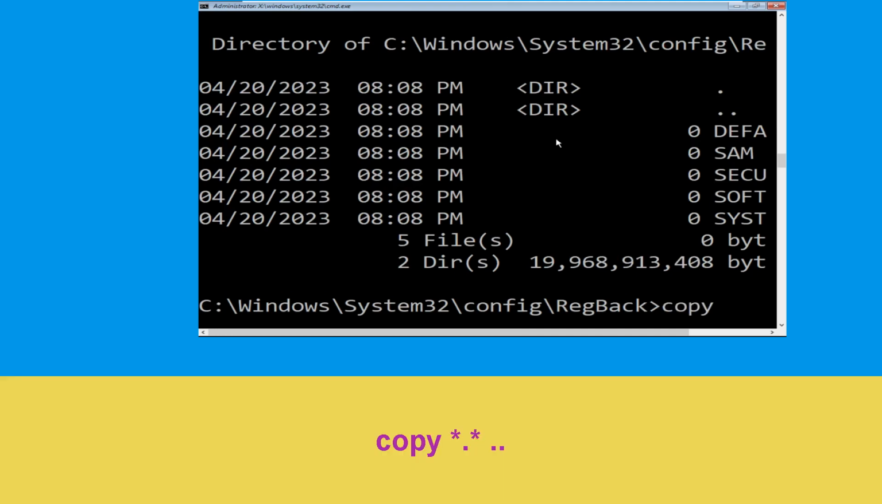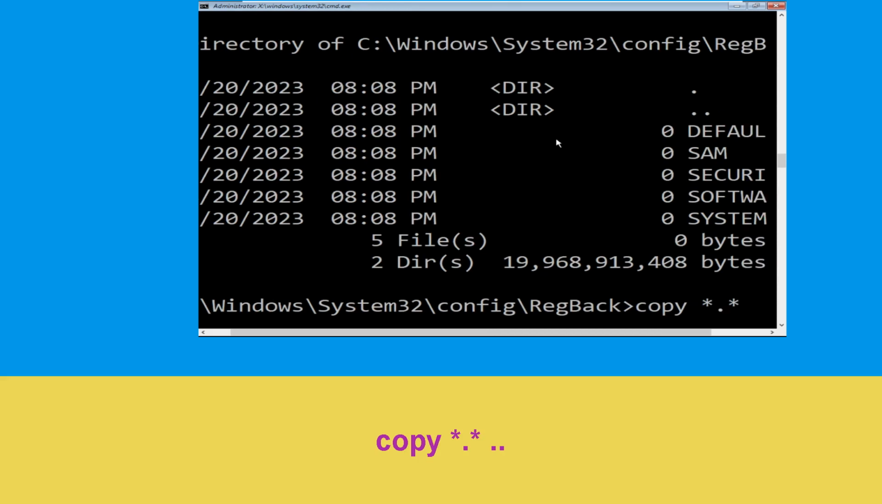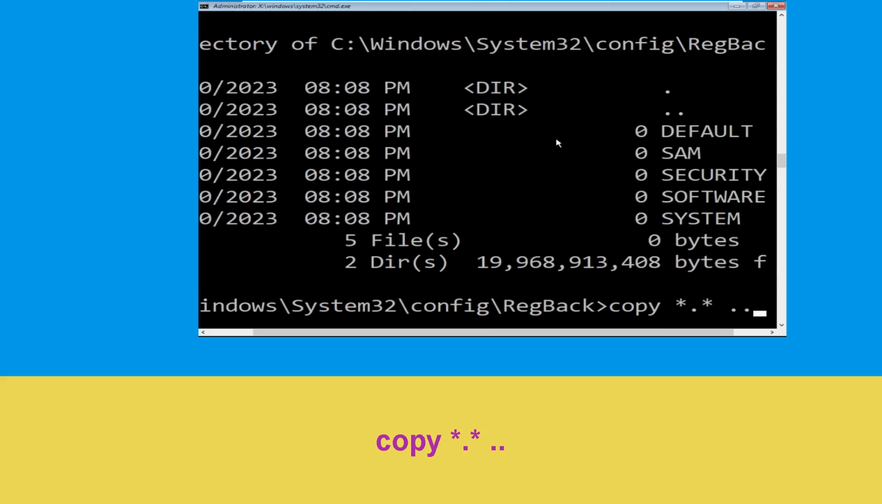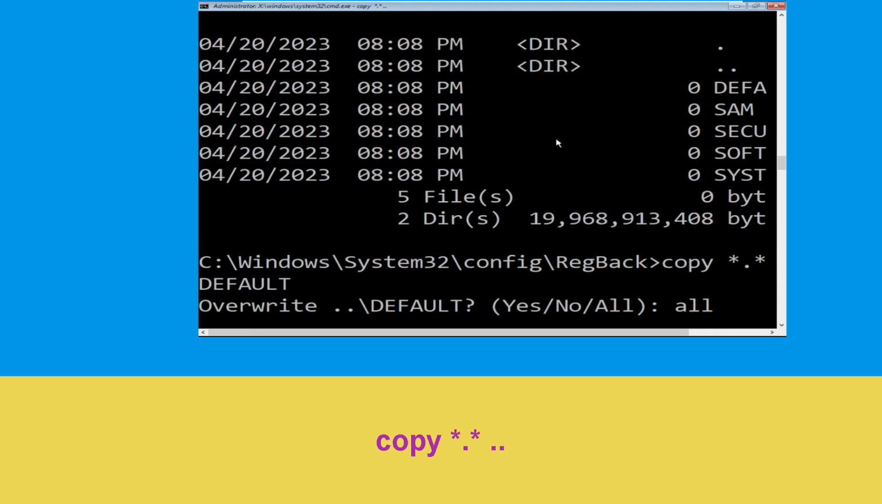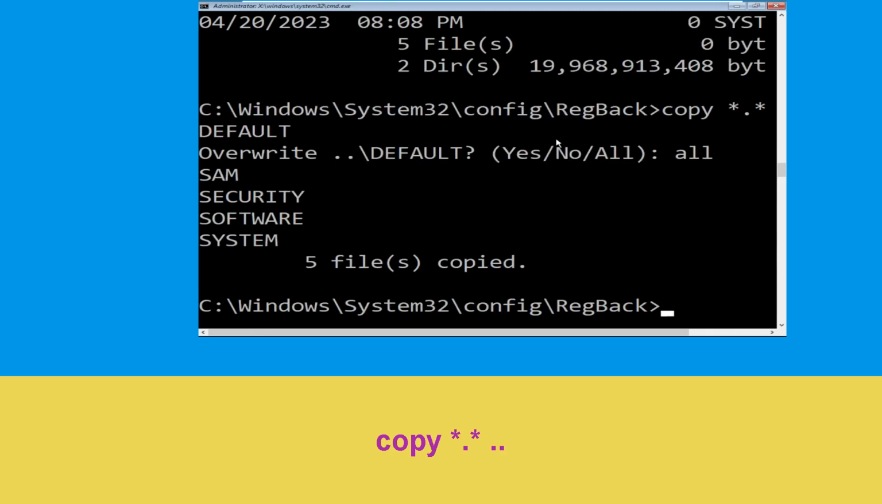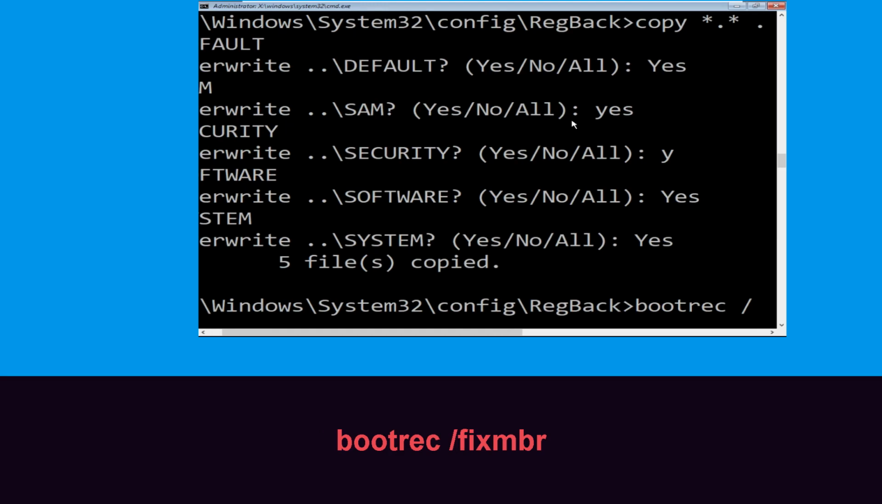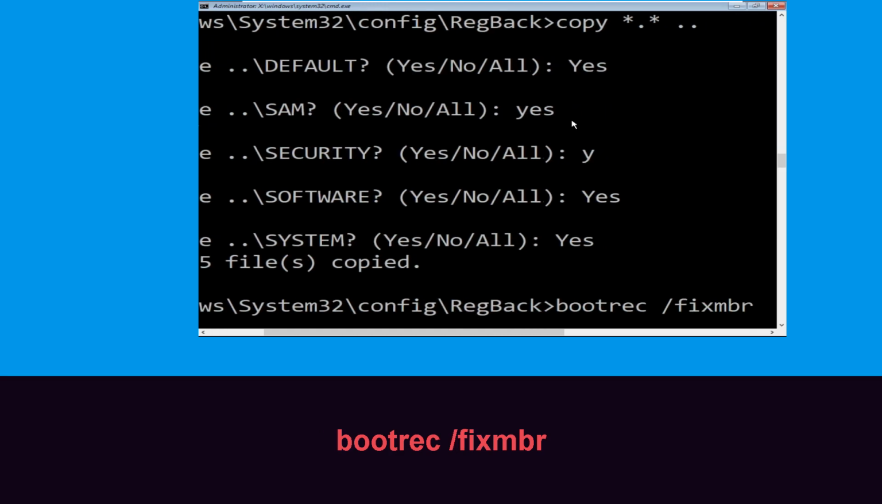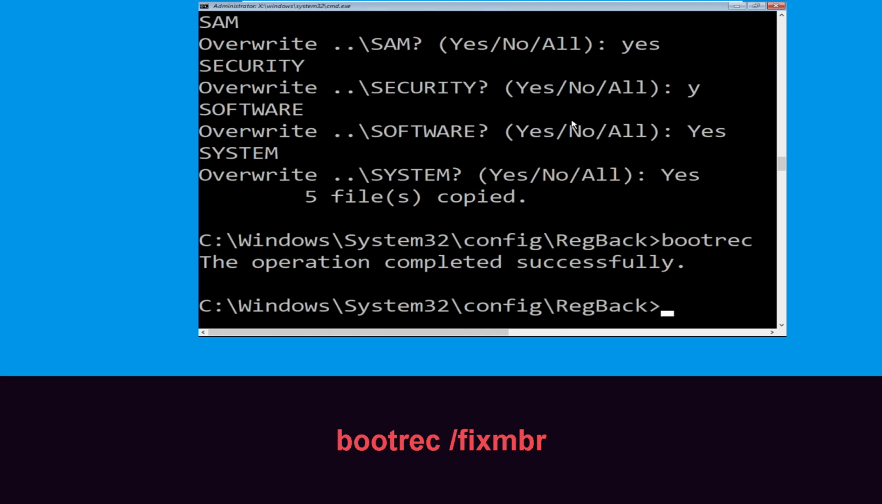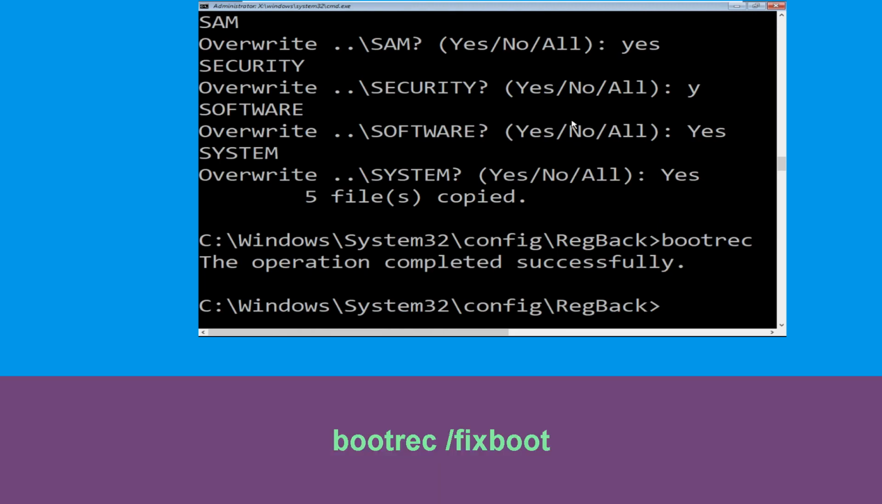Now execute this command. Type in copy * and then hit enter. After that type all and again hit enter to execute the command. Now type bootrec /fixmbr and simply hit enter. Now type in bootrec